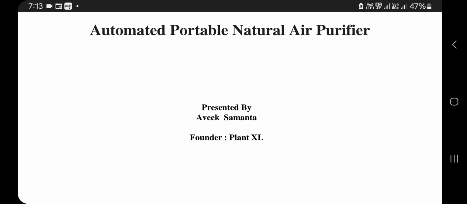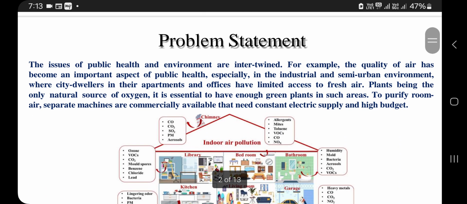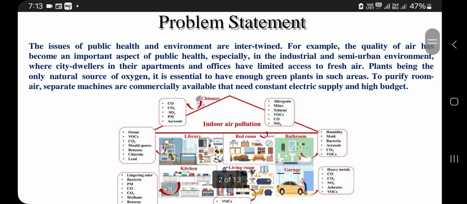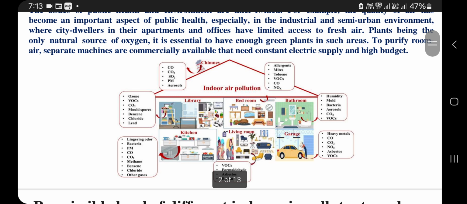Want to present the POC of our topic, Automated Portable Natural Air Purifier. All of us know that in today's world we are living inside houses and generally closed rooms, and it is estimated that our different closed rooms like library, kitchen, living room, bedroom, bathroom, and garage produce many